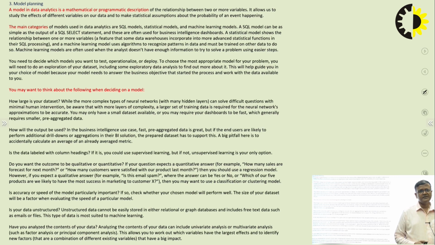So you should use the average of the metric which you are using for aggregating your data set, if you require additional aggregations in your business intelligence solution.